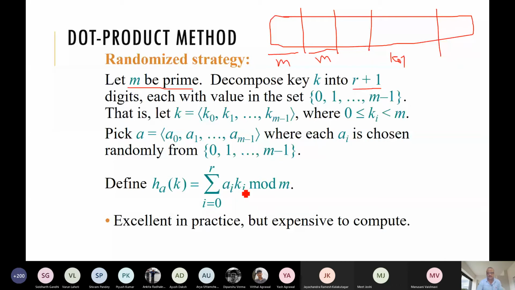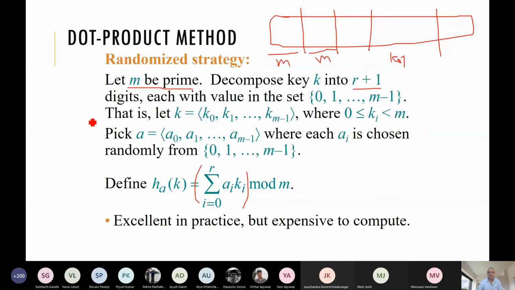So we multiply a_i k_i, and take the mod, or we can multiply and take the mod of the whole, that also we can do, because mod can be taken out of the summation like this. So this is the strategy. We will come to this construction when we talk about randomly chosen hash functions, universal hashing.